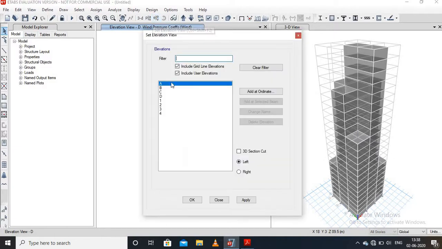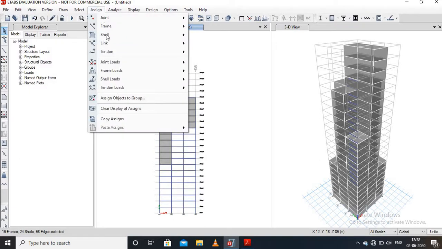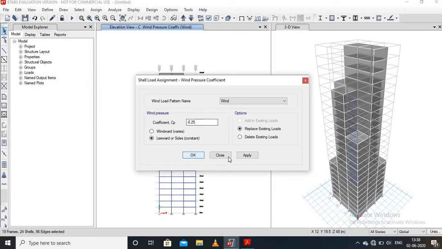Go to the elevation option and go to C and then OK. Select all cells, go to the assign menu, go to the cell load and add, apply, then OK.